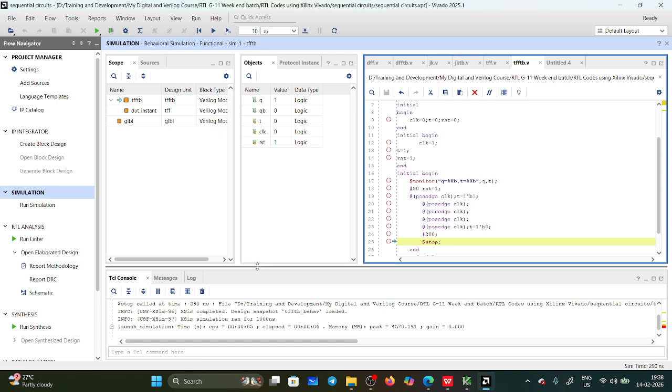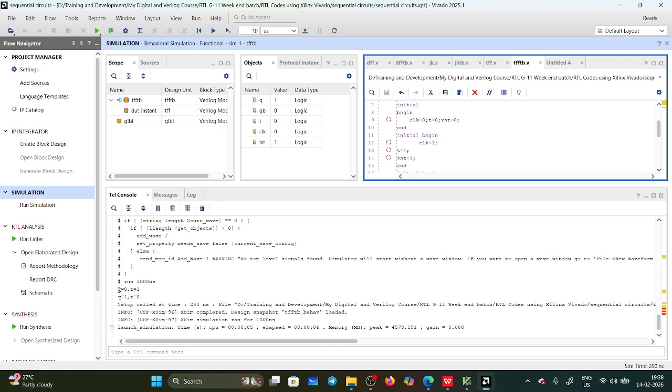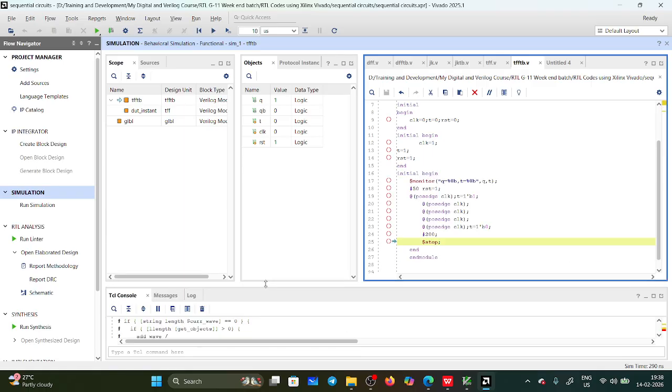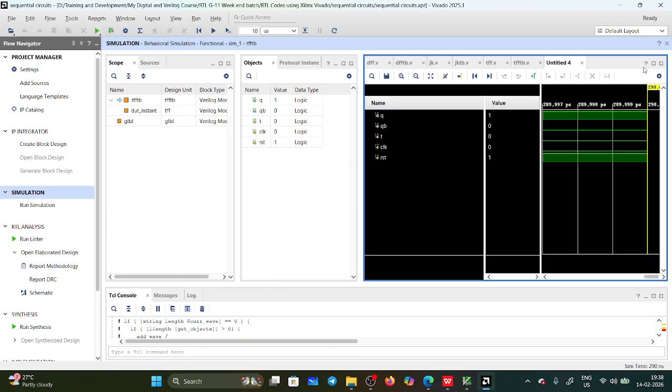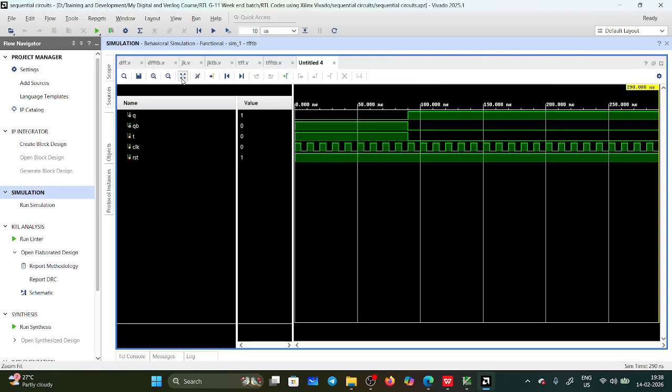So you can see the outputs also. When q equal to 0, t equal to 1; q equal to 1, t equal to 0: toggle state. Okay, so here, fit to page. So during this, when reset,